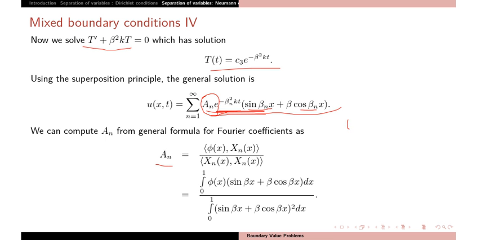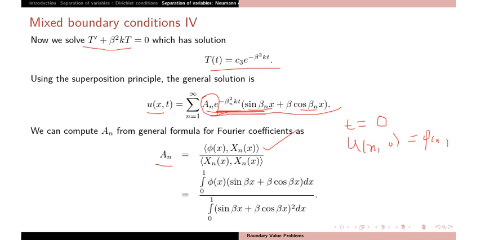So firstly use the initial condition, t equal to 0, solution is phi of x, okay. So I have missed, so the condition is u(x,0) equal to phi of x, okay. So phi of x will be given by, so phi(x) equals sum of a_n, e will be 1, so sin beta_n x plus beta_n cos beta_n x. So this is the general Fourier formula, inner product of phi with X_n divided by inner product of X_n with X_n.